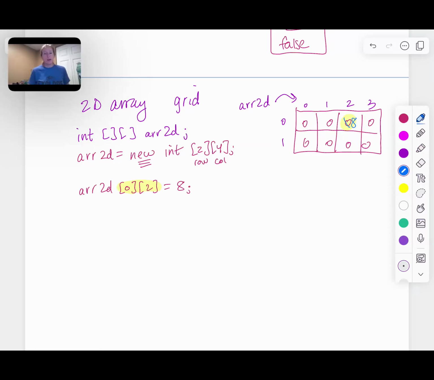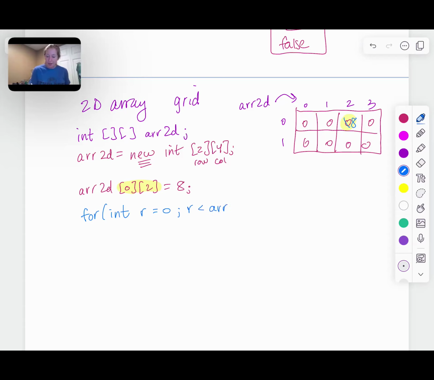Now, let's say I wanted to write a loop to go through and make each value equal to the sum of its indices, right? So like basically row plus column. So in that case, my outer loop, I would say for. Now you can write the indices whatever you want. I usually use R and C for rows and columns. If you're looking at multiple choice problems, you won't always have the choice of what you want to use. But if it's your FRQ, I would suggest using R and C or row and col so that you don't confuse yourself. So I'm going to say int R equals 0, and then R is less than